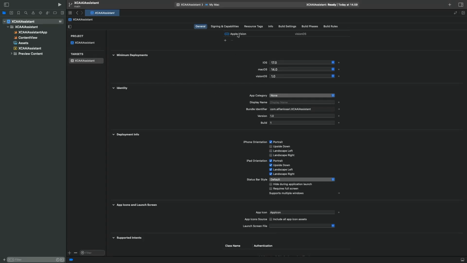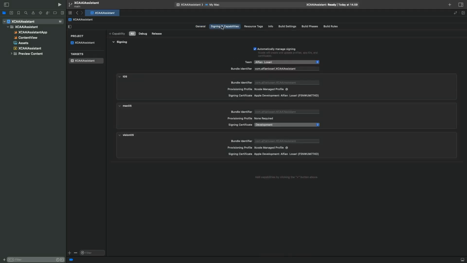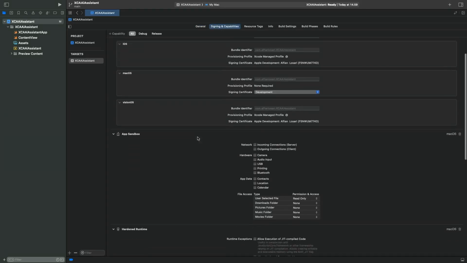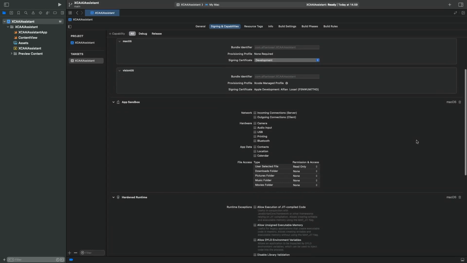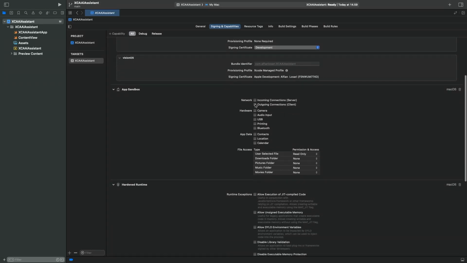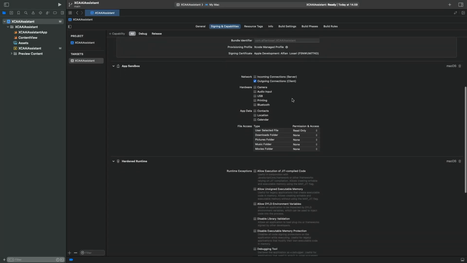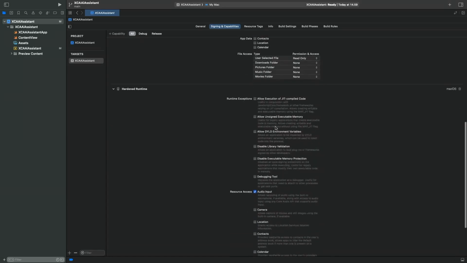Next one is, let's go to the signing and capabilities, and here for the Mac application sandbox, we need to enable this outgoing for the network to make an internet connection outgoing to the OpenAI APIs. And then for the hardware, check this audio input.